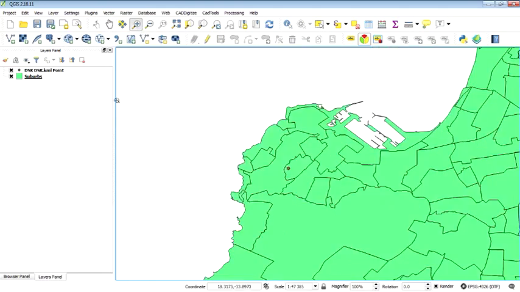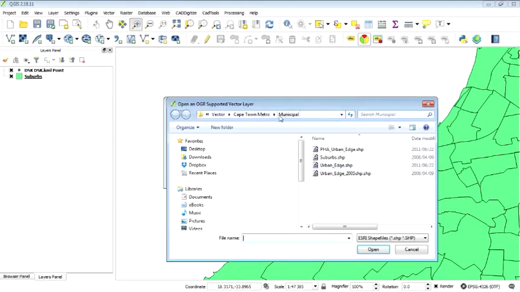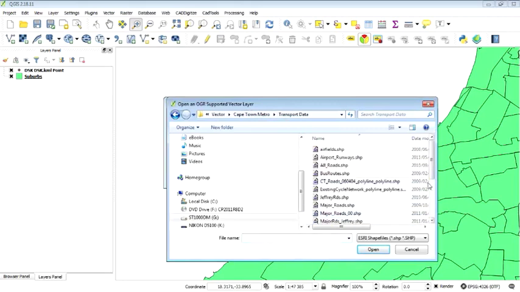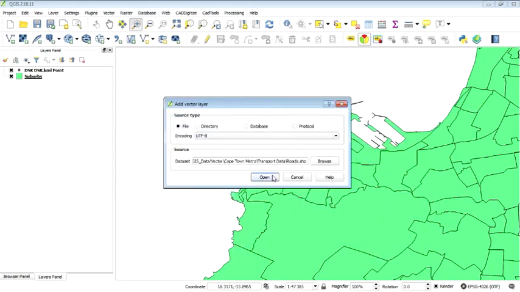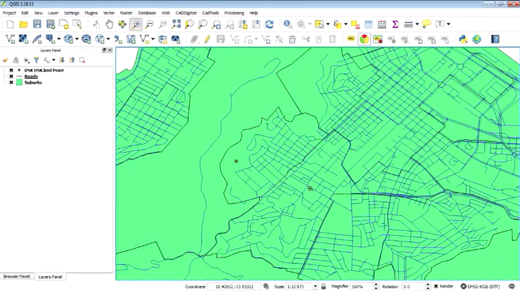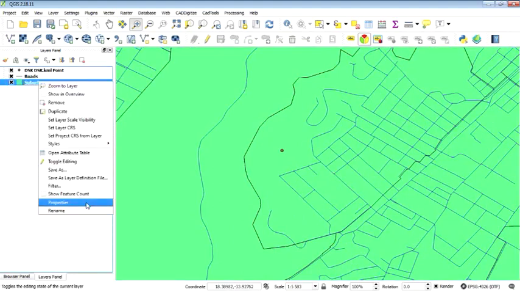So let's add some other data. We're going to add some roads. Okay, if we go back to transport, I think it's my transport folder. These are all shapefiles which I've collected over the years. And then you would do a similar sort of thing. You'd gradually want to build up some kind of spatial database. There's lots of stuff which is freely available, so I can share quite a lot of the stuff with you anyway. Okay, so if I just go and change some layers here,